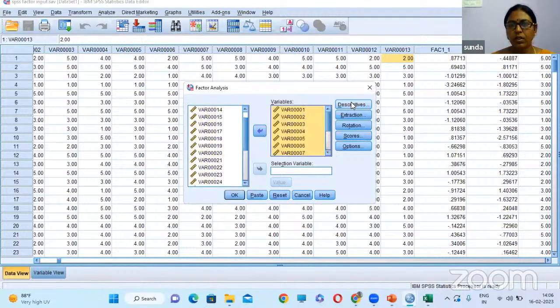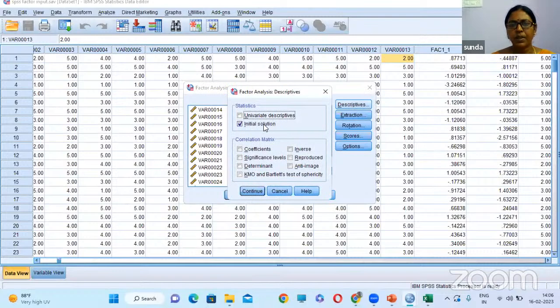Go to descriptives. In descriptives, you have to choose initial solution. And I'm also choosing KMO Bartlett's test of sphericity. So we have to understand what is initial solution and what is KMO Bartlett's test of sphericity. This KMO-Bartlett's test of sphericity will help you to understand whether the sample size is adequate enough to proceed with